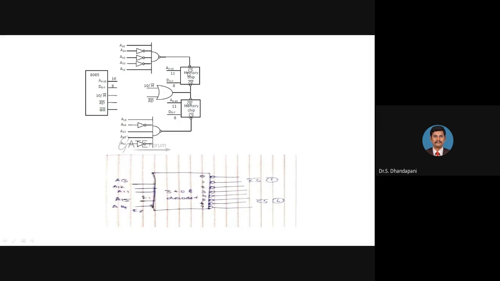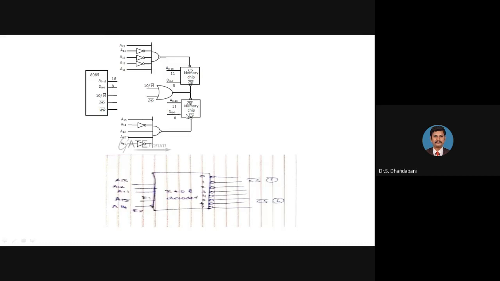Now I am explaining for the first IC. This IC will be selected when the values of A13, A12, A11 are 0, 0, 1. So when these 3 values are 0, 0, 1, line 1 is selected with an active low signal. Chip select bar is also active low. So this line we have to connect in this place. Output 1 should be connected to the first IC chip select bar so that the circuit operation is not changed and the address map is also retained.